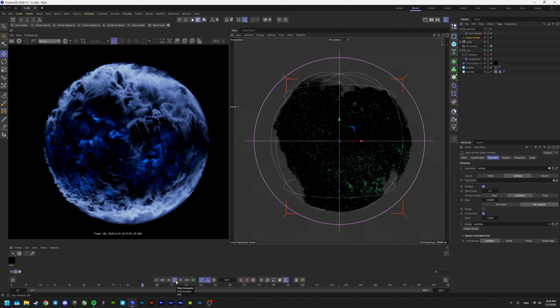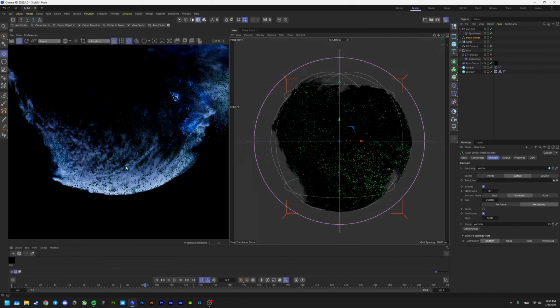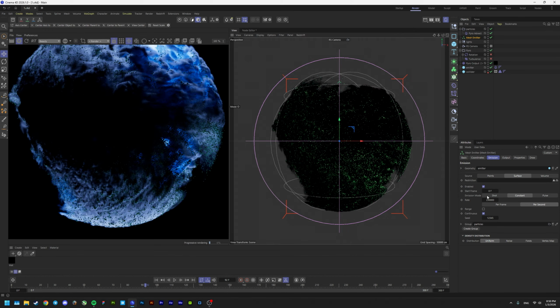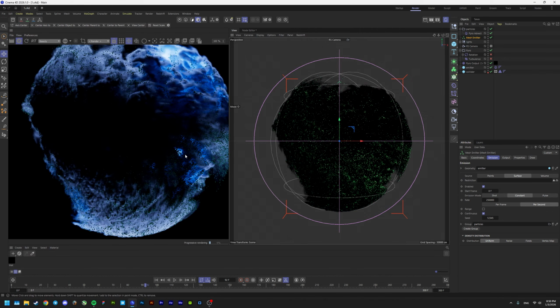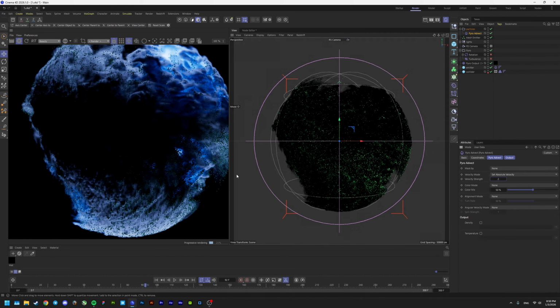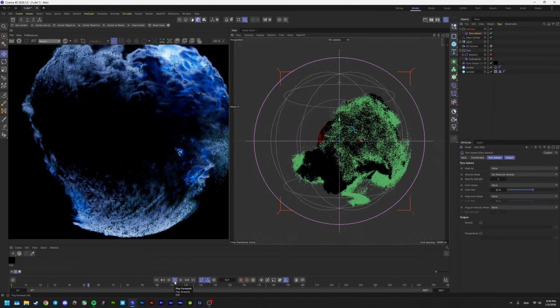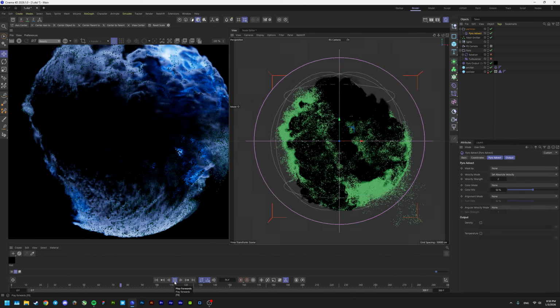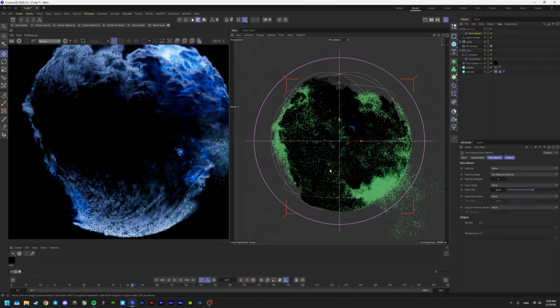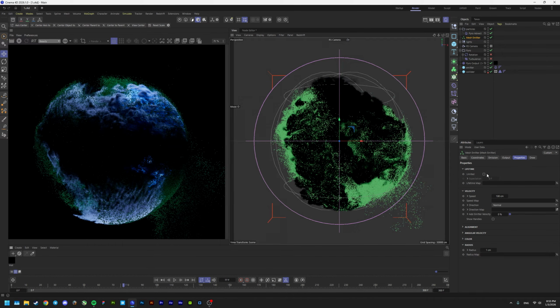And this is really cool, and you can do a lot of stuff with this. So if I turn this on, you can right away see the particles. The cool thing about this is that you can control how aggressive they connect to the Pyro. So if I set this to 2, they're going to fly even faster than the Pyro. This is going to create the effect that we actually need, because we don't really need them to stick really close to the actual form. We need them to go a little bit out of the bounds. Well, not like this. So that doesn't happen,